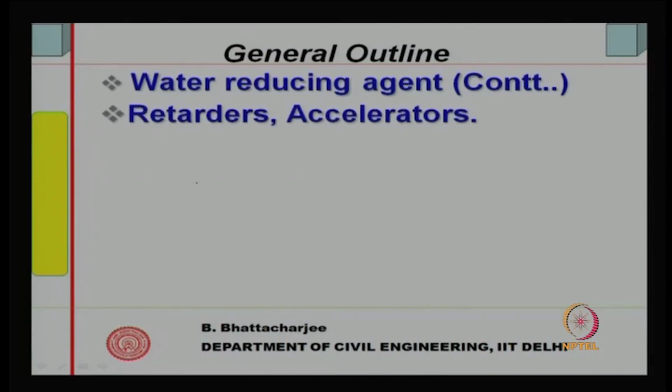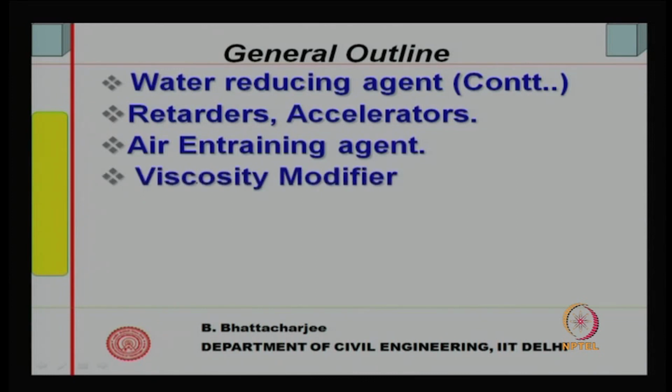So, we continue with that, then we shall look into retarders and accelerators, air entraining agent, viscosity modifier,